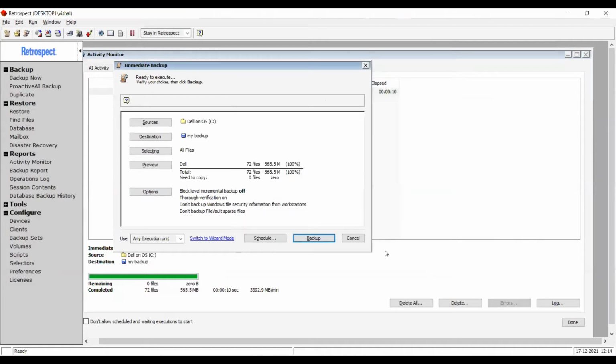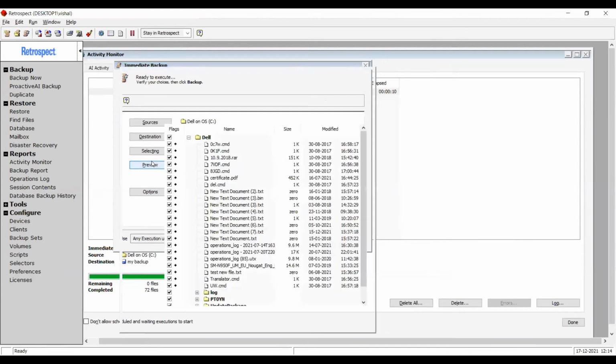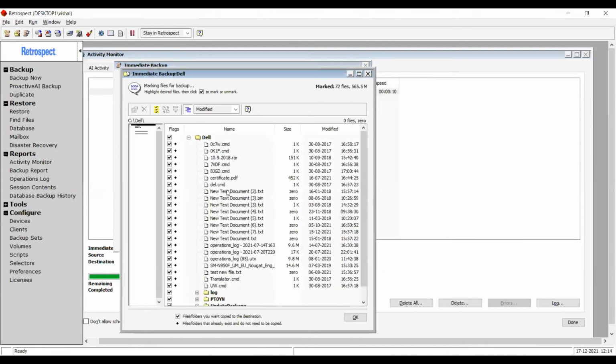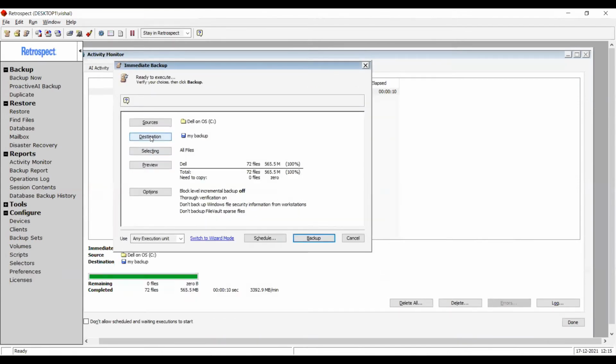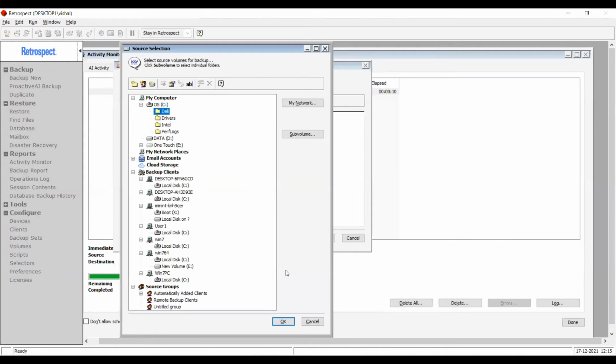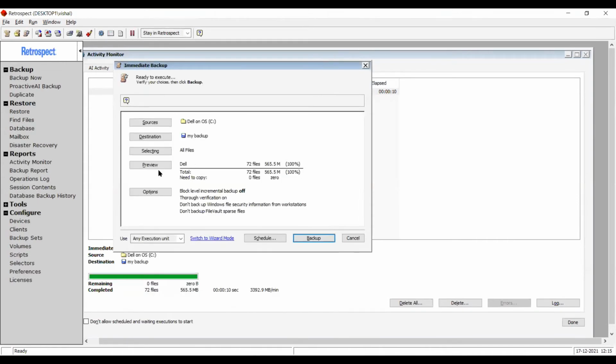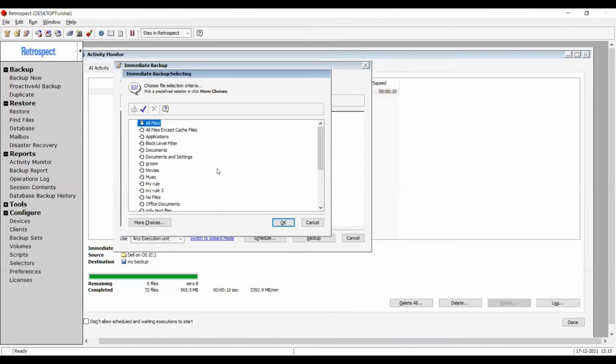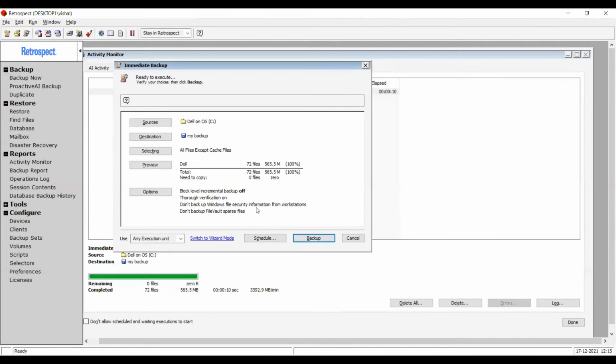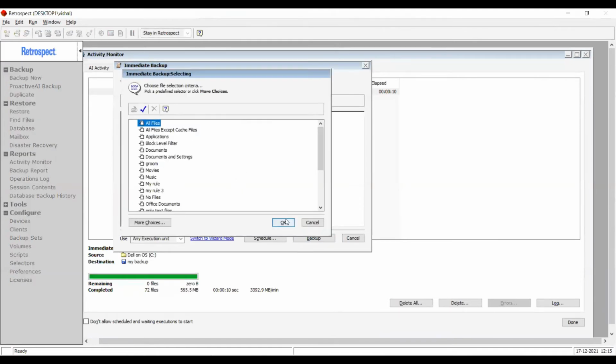normal backup, and I'll just put a file inside the Dell folder, which is our source. Let me just create a random file. And so I have put a Word file in there, and let me come back here. And when we scan it again, okay, so we have to refresh the setting. Maybe I can trigger it by changing the selectors. Getting back.